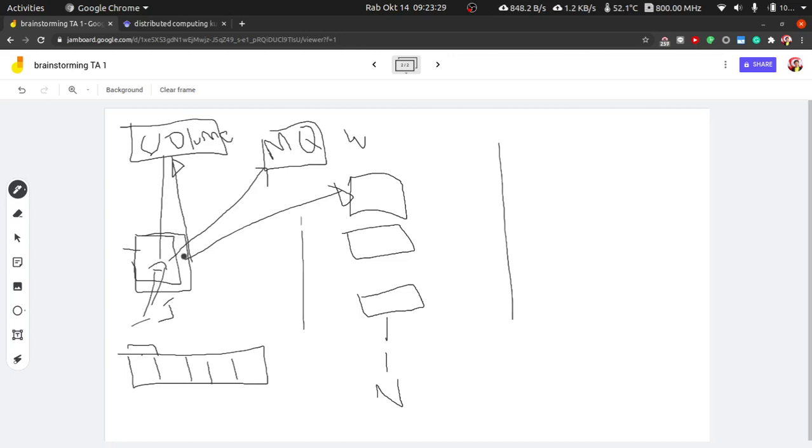The job that is sent to this message queue is the information about which part needs to be processed, and there's going to be a lot of jobs here, because let's say I separate 500 megabytes of video into 50 parts, so one part is going to be like 10 megabytes.